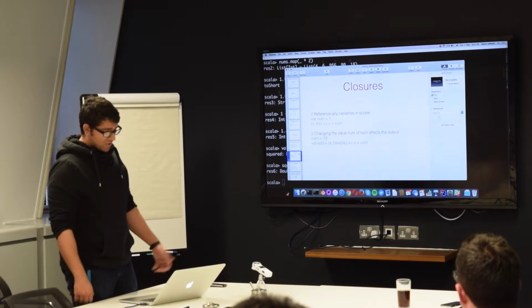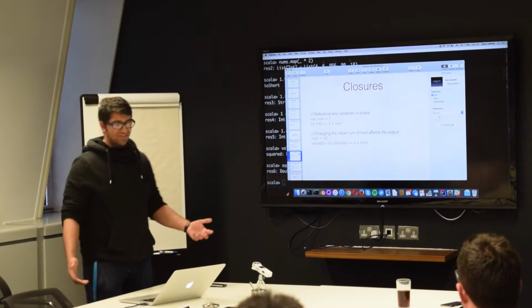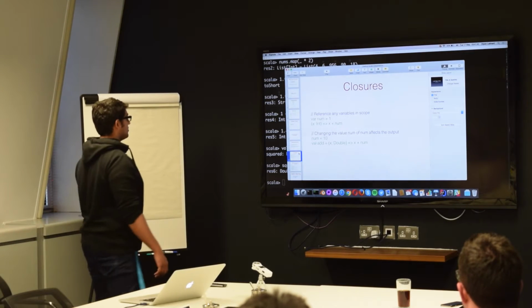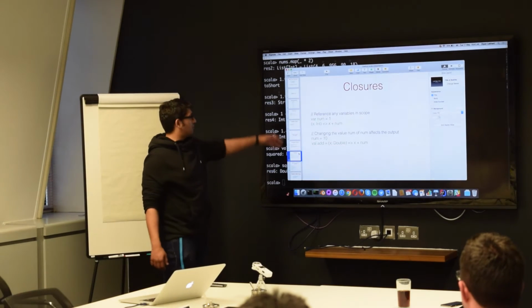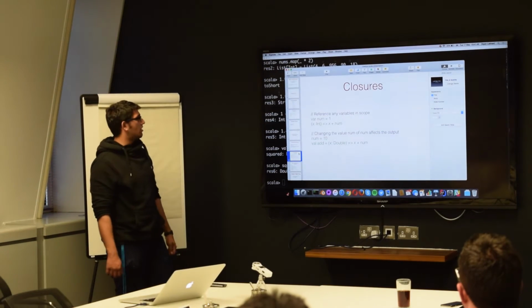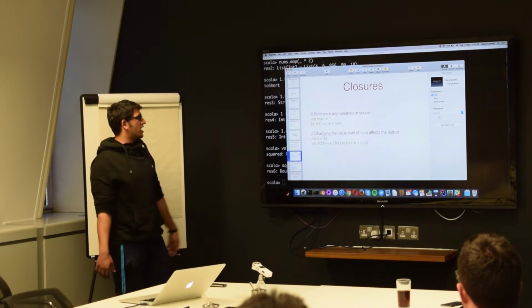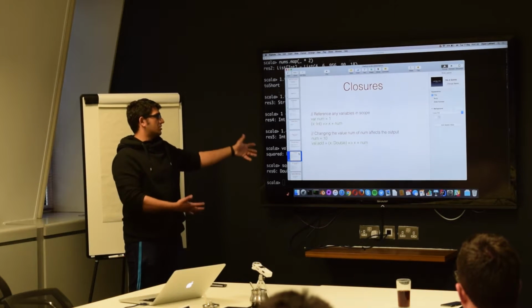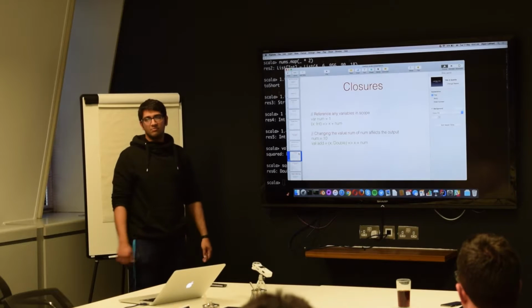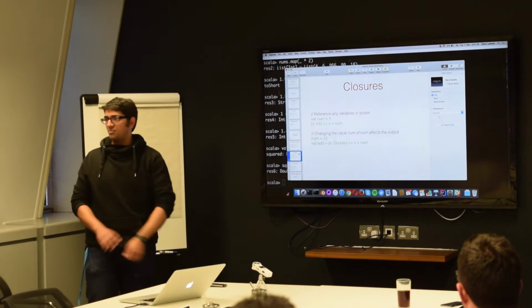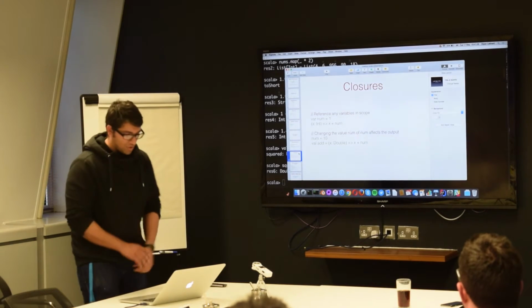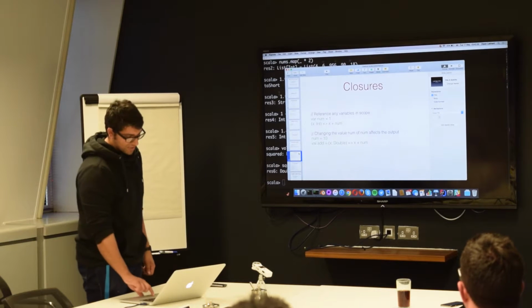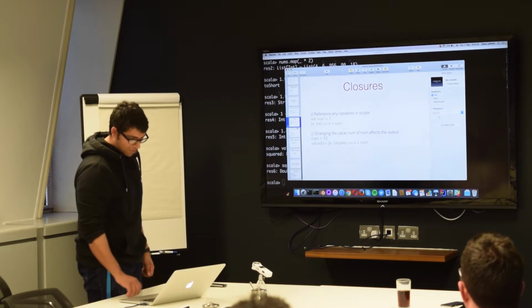You've got closures as well. It's closures, nothing too complicated in Scala. All it means is if you've got some global variable here, in this case num, which is 1, and that number changes, your function is going to see that update and give you a different value. So again, it's nothing complex. It's just a word given to sort of describe this process. So you've got closures,